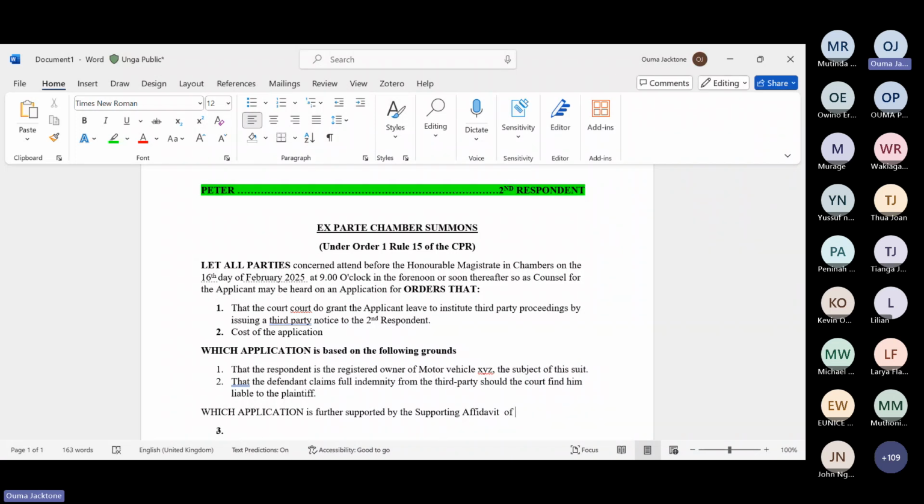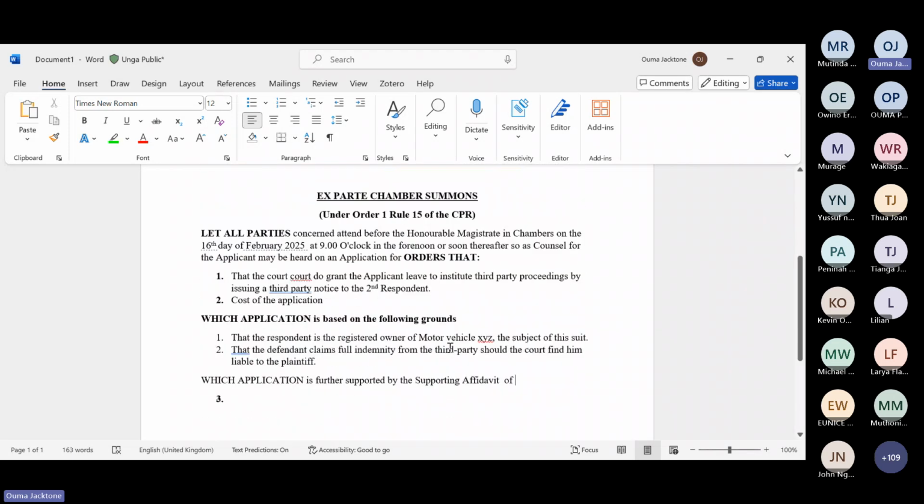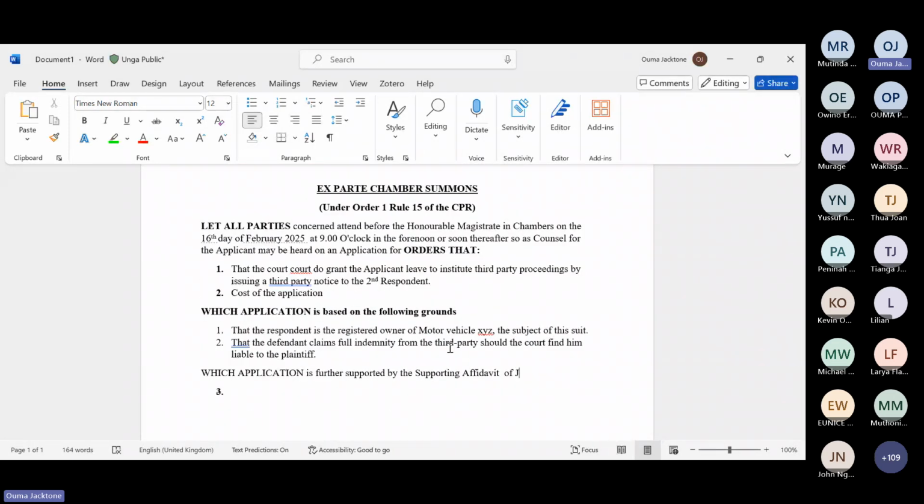Supporting affidavit of, let's say our applicant is James, of course. We just have James because we have first name, James. Full stop. That is all. You want to remain as simple. Don't sound sophisticated. Don't want to sound like those applications you see in practice. Be simple, straight to the point. Don't complicate your life. And then you will come here and